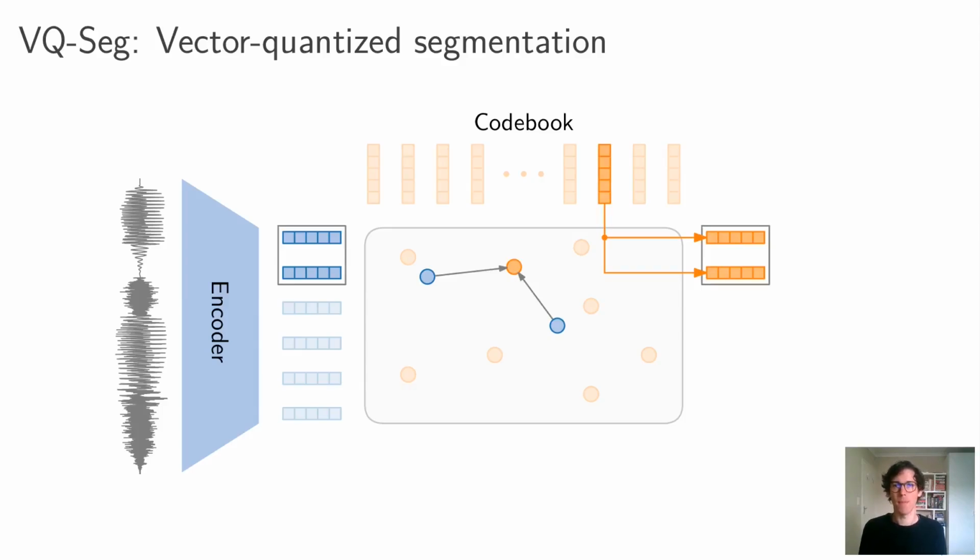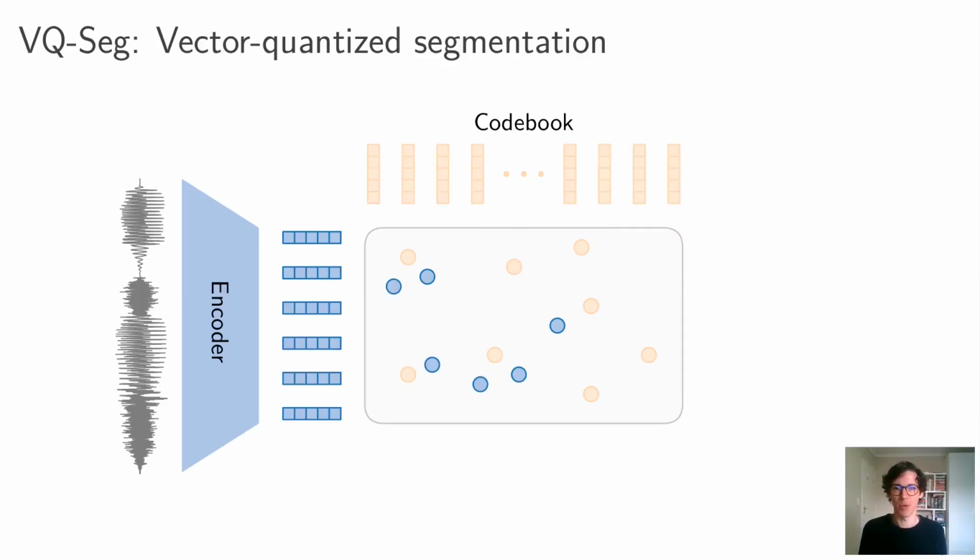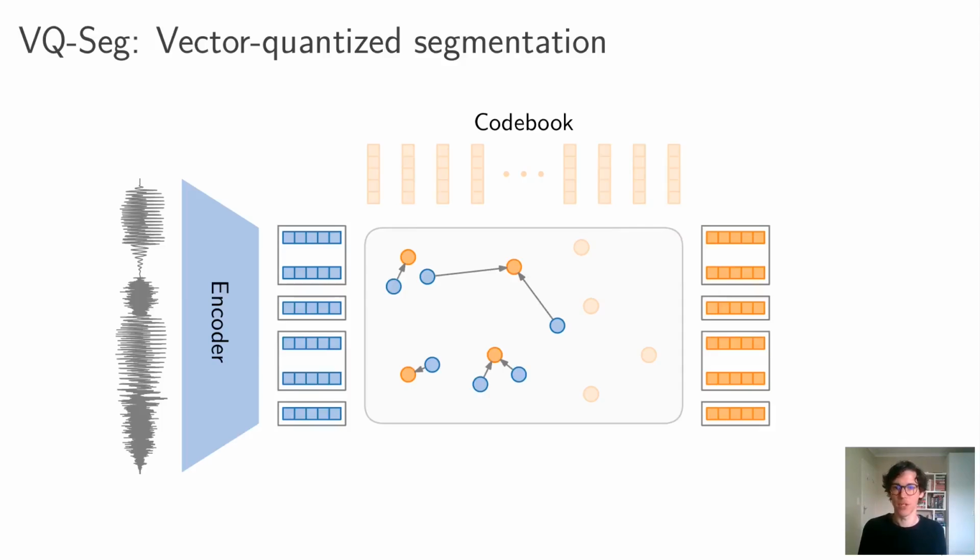And the problem then becomes, how do we actually segment that input into blocks so that we get a good segmentation of the input? To do this, we optimize a sum of squared distances. So we're basically trying to find the segmentation which gives us the smallest sum of squared distances of those arrowed lines in the figure here. So this might be one segmentation, and this might be another one. And we find the lowest cost segmentation using dynamic programming, where we also include an additional penalty term that encourages